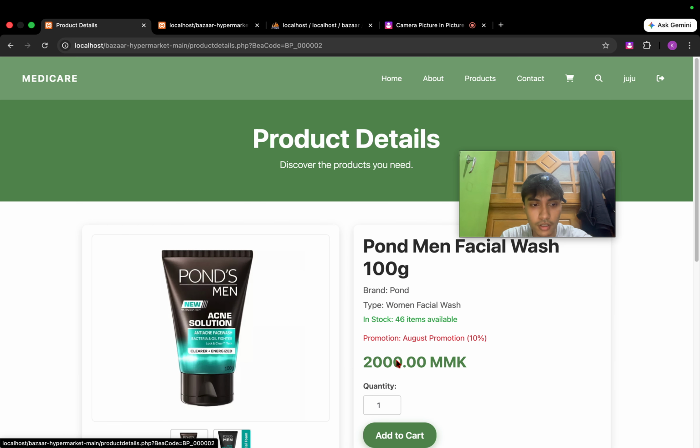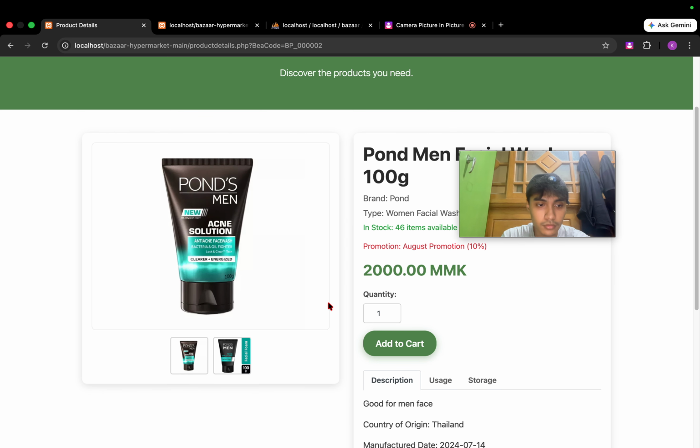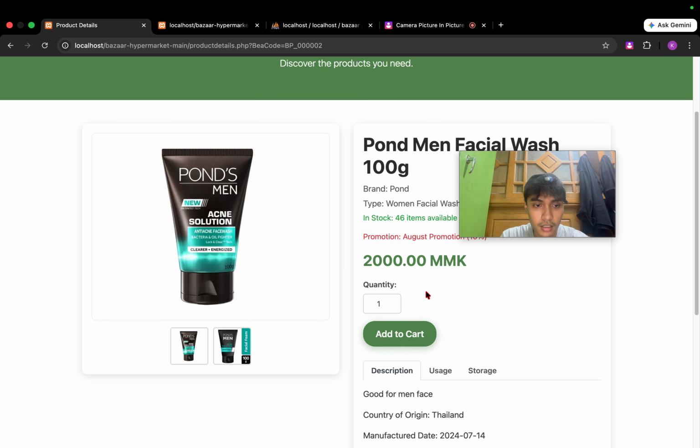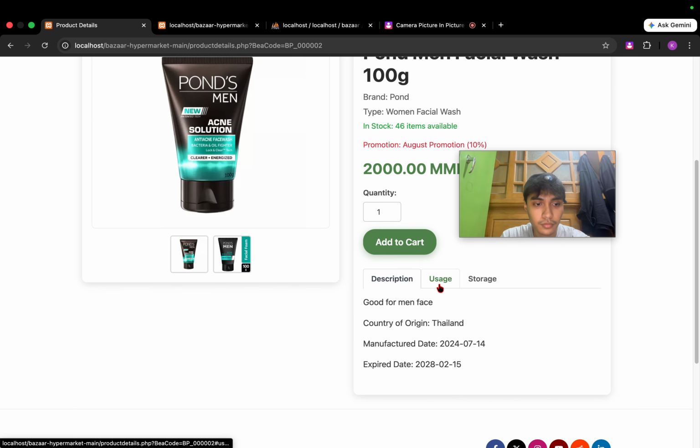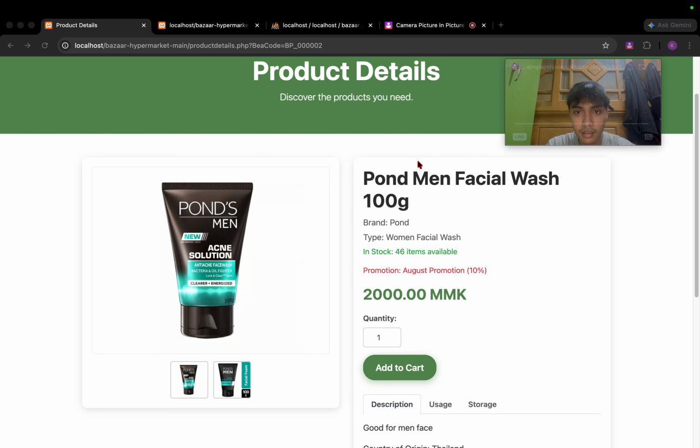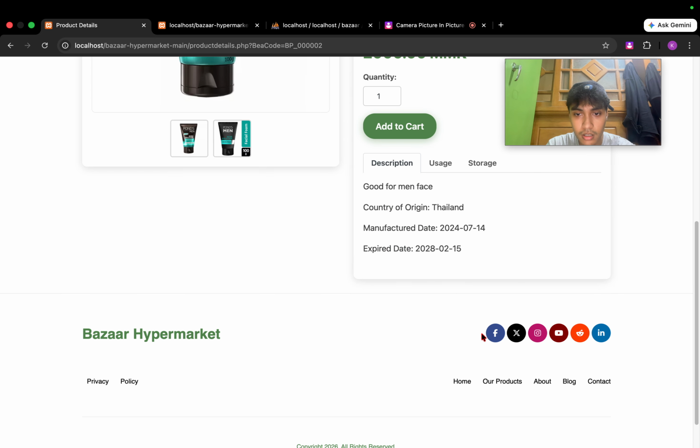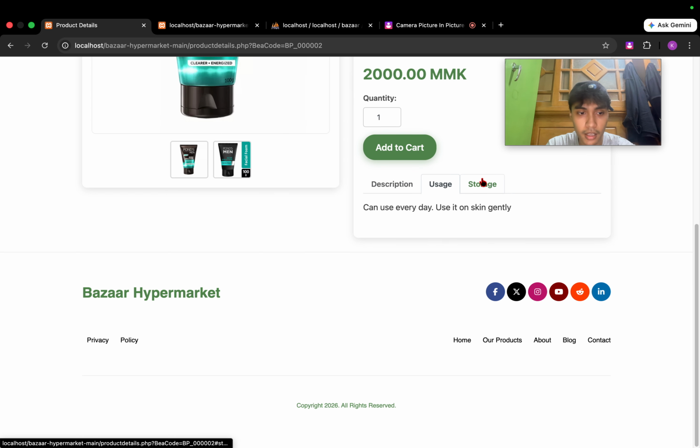So click view detail. Now I will click on a product to show the product detail page. Here users can see detailed information. They include the product name, price, description, usage, and storage.